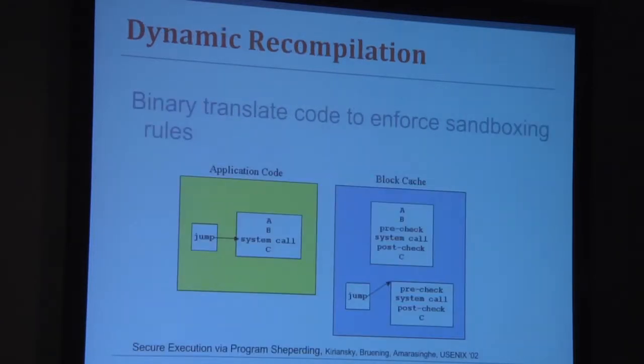Yeah. The third technique we'll talk about is dynamic recompilation. So we talked about how we want to enforce that some checks happen before you do some system call, right? You can put something in the kernel that's going to do those checks. You can do the master-slave thing, where the sandbox process does an RPC to another process that does the checks. Another way to do it is you can just rewrite the code. As you're executing the code, you see something that might be malicious, like a system call, and then you can basically disassemble that code, insert some checks, and then reassemble the code.